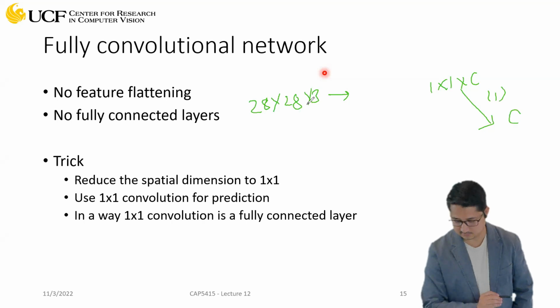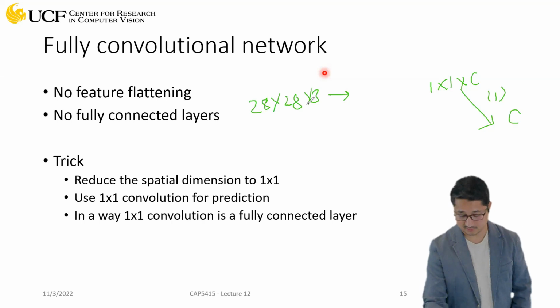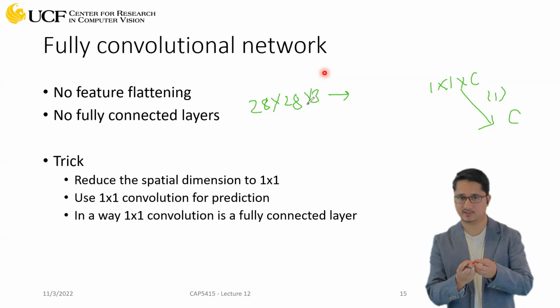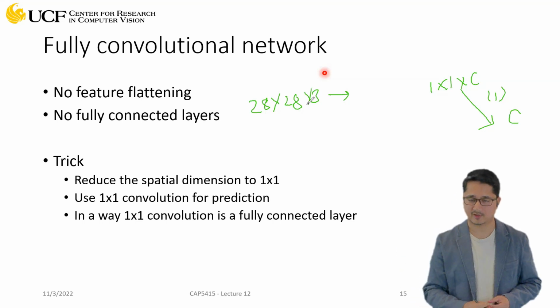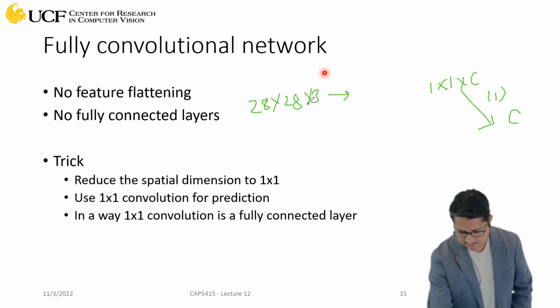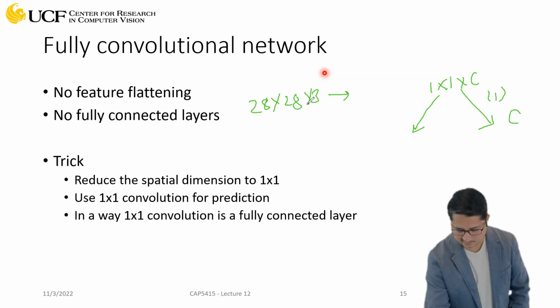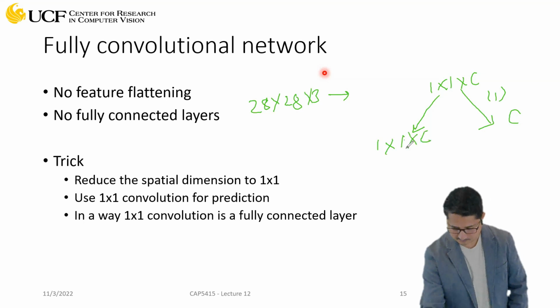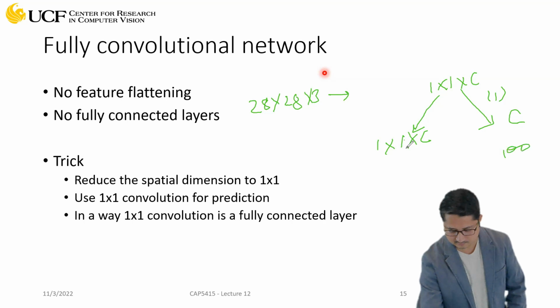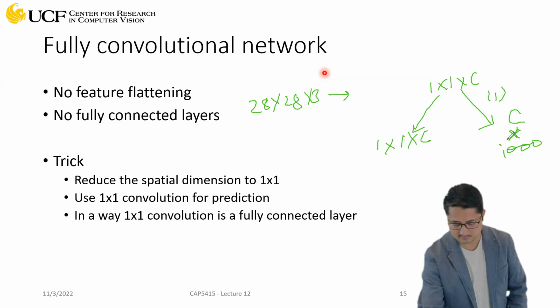Then you will get C features out of this, right? That's what flattening does. It just takes all the activation values and creates a linear vector. The second way could be you don't flatten and you still have 1 cross 1 cross C. Now you have C values, and let's say you want to add a fully connected layer to make 1,000 predictions. So you will have 1,000 different neurons, and you will have 1,000 times C weights here,